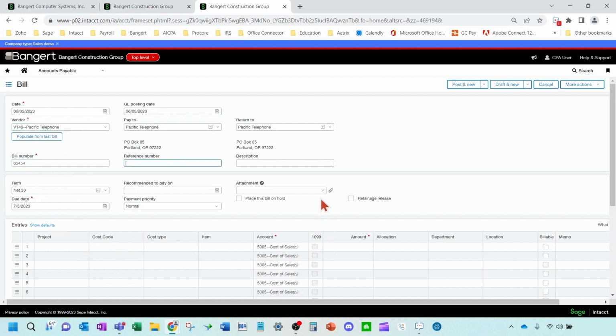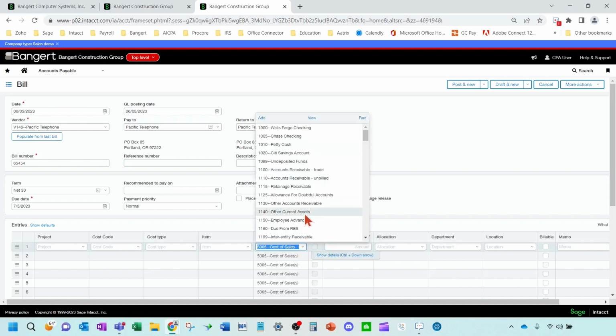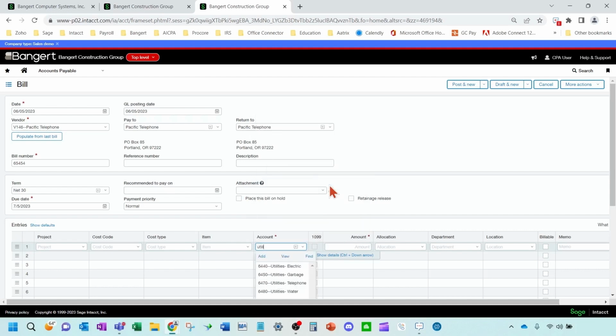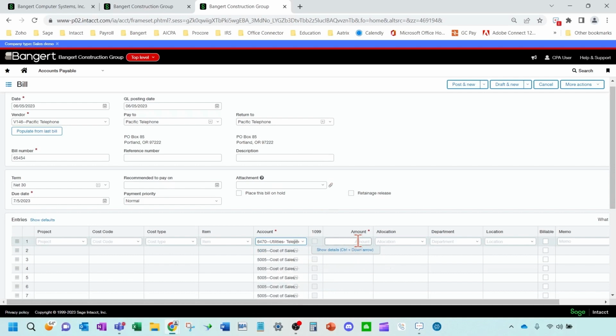And I'm going to pick the different GL account here where I really want it to go to. Telephone utilities. Let's say it's a $250 bill. I'm going to pick the allocation here. And I am going to post.